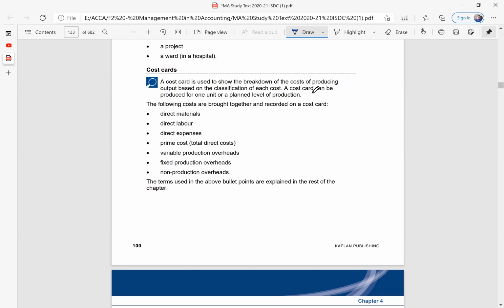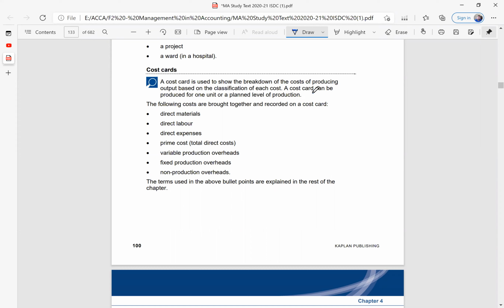Similarly, direct labor. Every labor works a certain number of hours. So let's say you tell them that I'm going to pay you $2 per hour and they're working 10 hours, this would cost you $20. So this is increasing with the amount of hours and decreasing with the amount of hours. And we know that 5 hours is going to be utilized for production of one table. So this becomes 2 into 5, $10. $10 would be the cost for producing one wooden table. Any confusion on this? No.